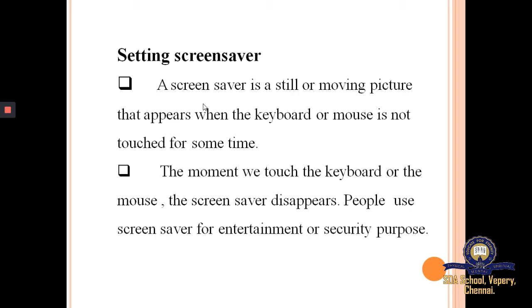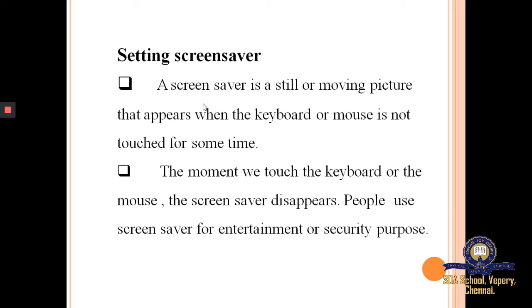A screensaver is a single still picture or a moving, animated picture that appears when the keyboard or mouse is not touched for some time.